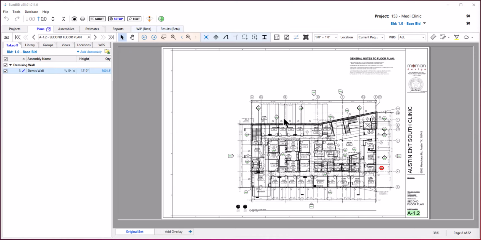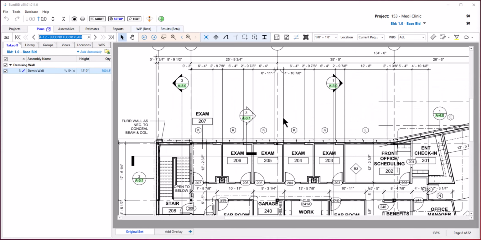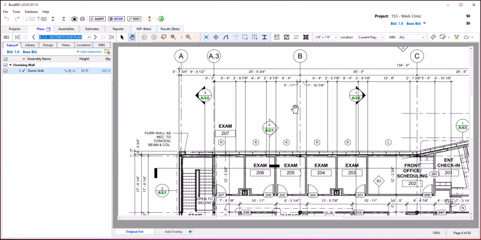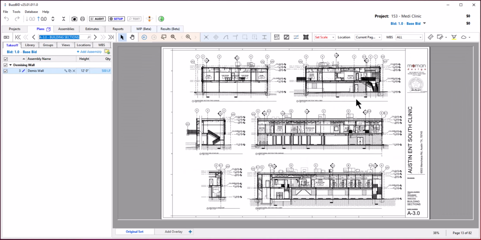Now let's review how page links work in BuzzBid. When you load your drawings, BuzzBid automatically links all of your details at a page level within your plan set. Linked details display a green highlight over the page number. Moving the mouse over a detail displays 4 link options. First, you can jump to the page containing this detail by clicking in the green area,